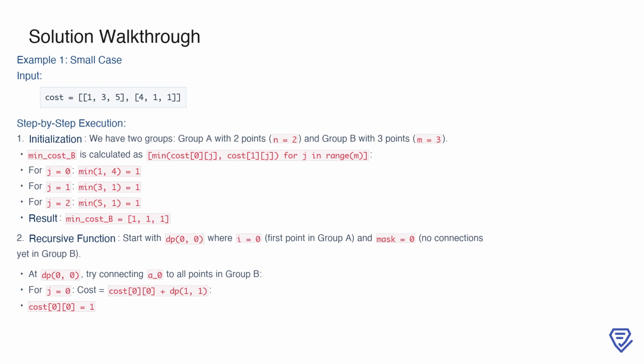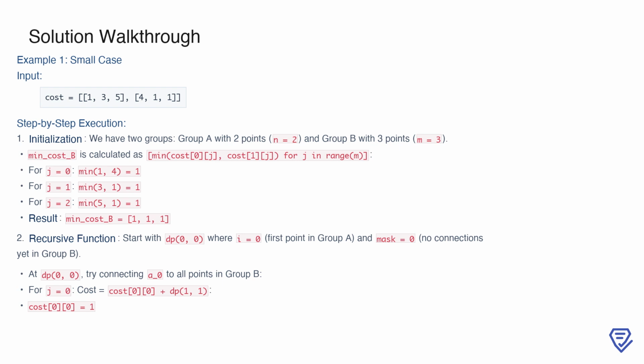Next, we define our recursive function dp(i, mask), which calculates the minimum cost to connect all points in Group A starting from the ith point, given the current state of connections in Group B, represented by mask. We start with dp(0, 0), meaning we are at the first point in Group A with no connections yet in Group B. From here, we explore the cost of connecting the first point in Group A to each point